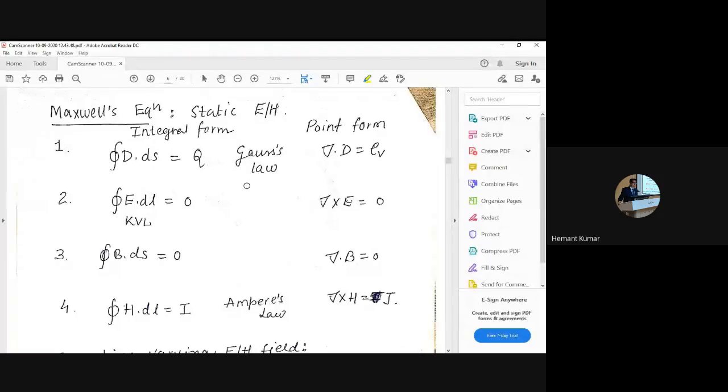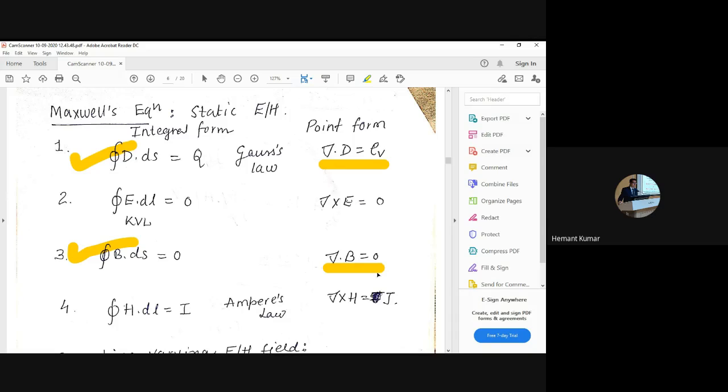Nature. The first is Gauss's law, second is the nature of electric field, then the nature of magnetic field, and Ampere's law. So when we talk about time varying fields, what happens? Now we are assuming the electric field and magnetic field are varying with respect to time. So the first equation, equation number 1 and equation number 3, or you can say the dot equations,